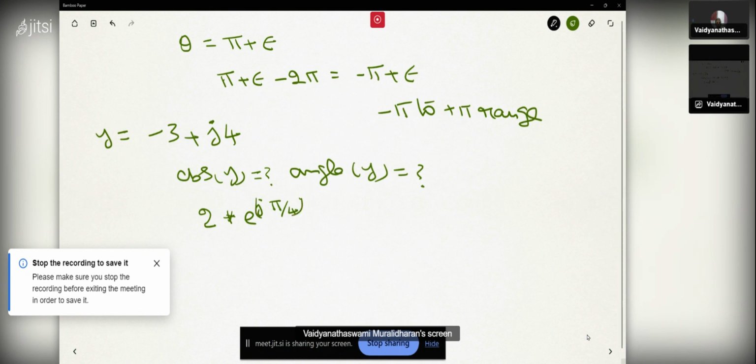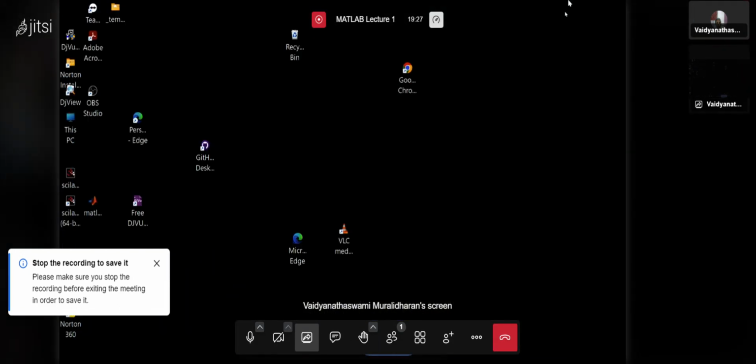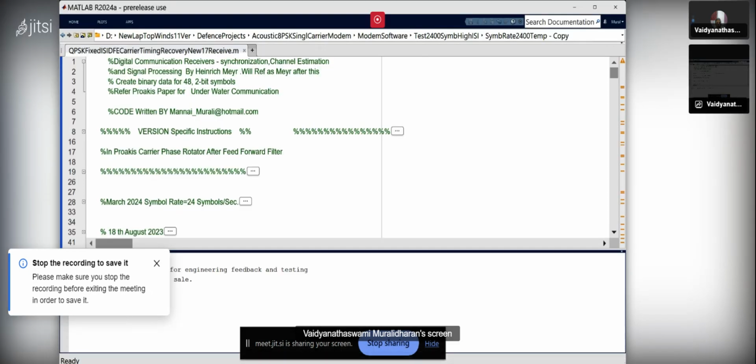You convert this into rectangular form using MATLAB command. We'll do that. So the answer is